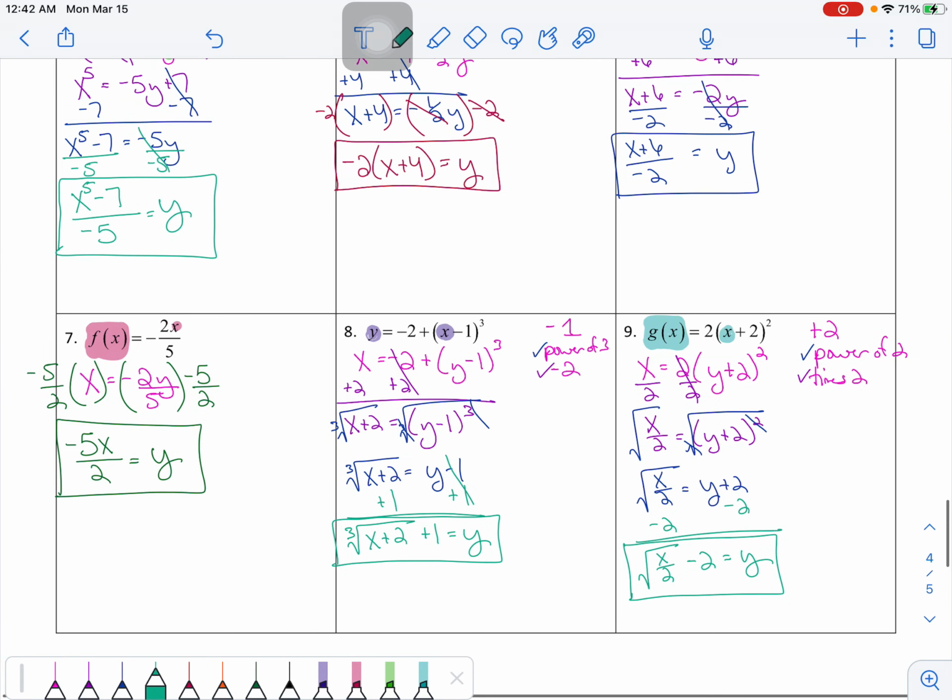All right, so this has been a lot of information on finding inverses algebraically. If you have questions or concerns, please ask and get the help that you need so you